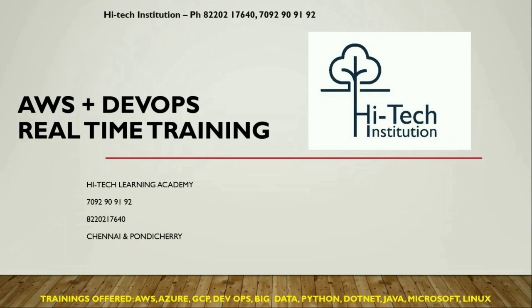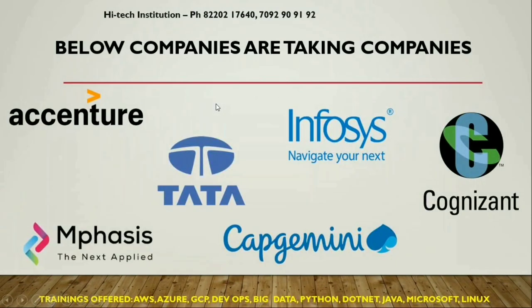And for the people who want to change their career, this is the right time for you to change. Why? Because I'm purely going to talk about the career changing moment with AWS and DevOps. First, in order to change our career, we should know the hidden fact. In order to change your career to the AWS and DevOps platform, what is the first goal? Our first goal is that we need to prepare for the interview.